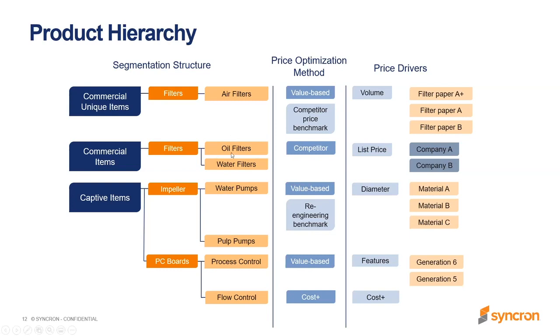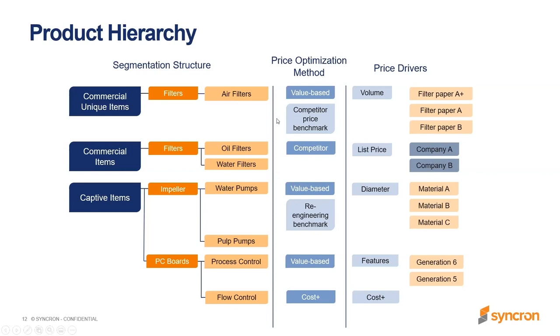Whereas for oil filters and water filters, here we might want to look at competitors, because company A and company B sell these oil filters and water filters across the board. And driven by, for example, the value-based product approach, we need to be able to have an apples to apples approach on this. If you have a product organization where you have oil filters, water filters, a lot of different kinds of filters that might generate 5 different filter categories, all of them competitor driven by a series of companies,